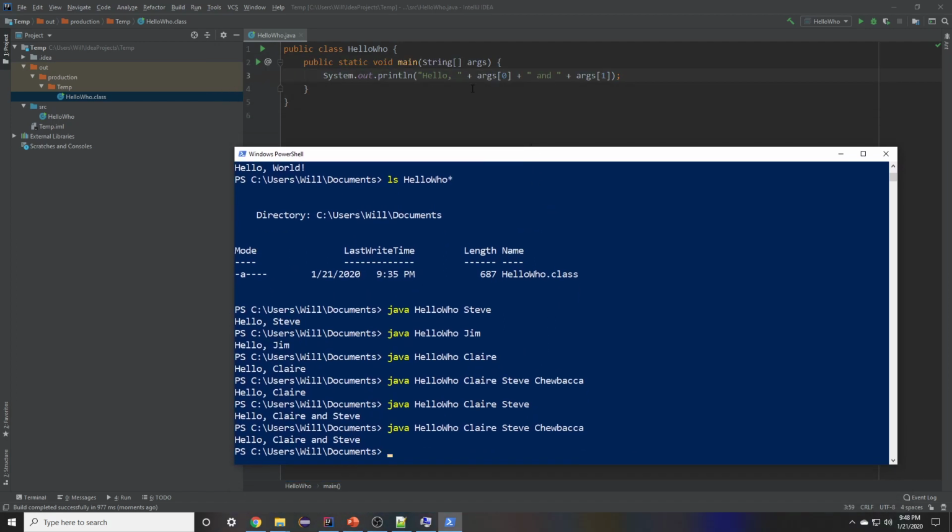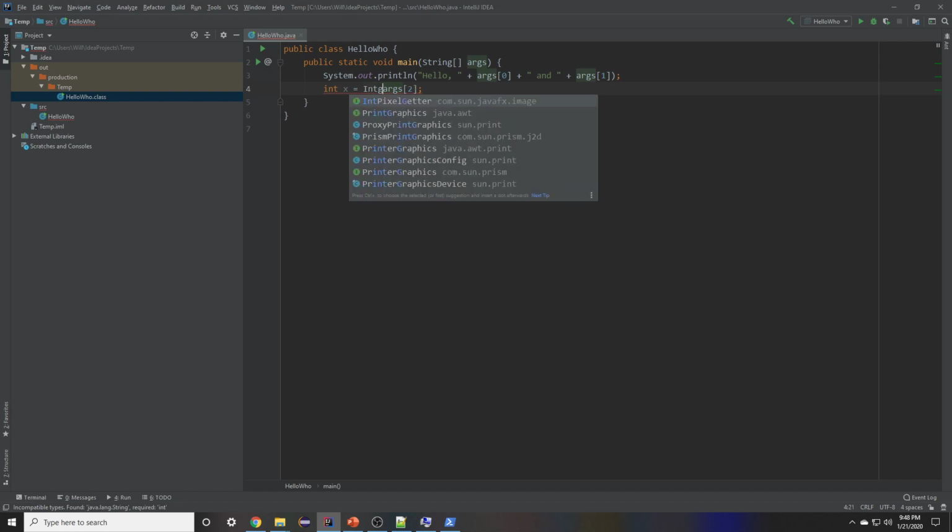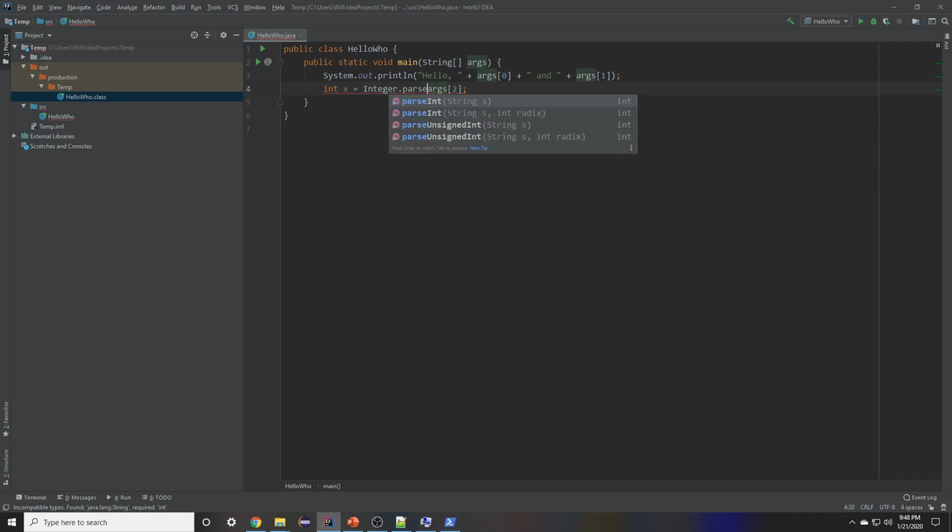Now remember, these are strings, so if you want to extract a number, say int x equals args[2], you can't do this. What you would instead have to do is say, because args is a string, Integer.parseInt(args[2]). Something like that. And then from there,